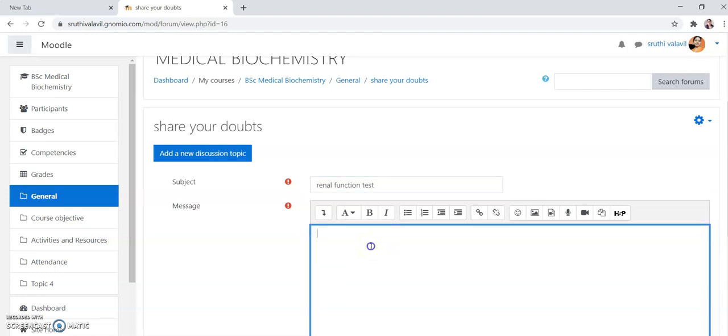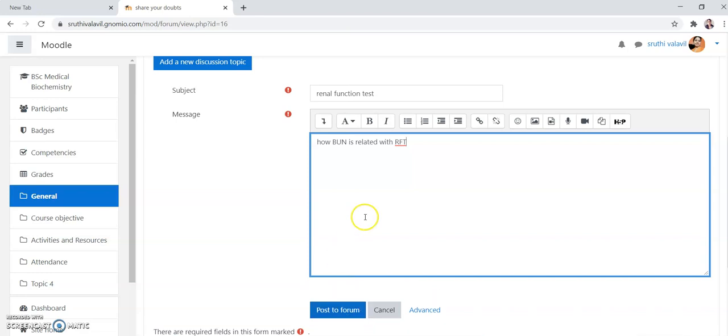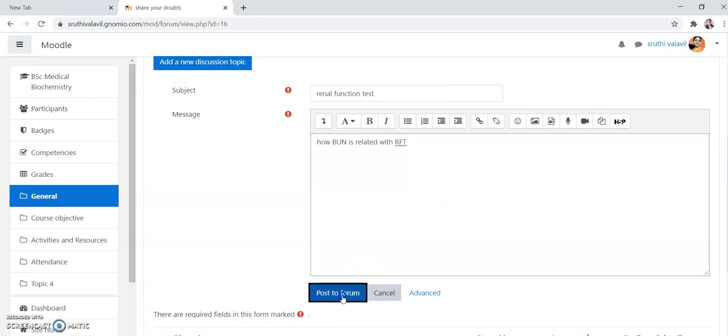And my doubt is how one is related with renal function test, RFT. This is my doubt. So after typing my doubt or queries, you can post to forum. After typing your question or your doubt, you can post to the forum. Just click on that.